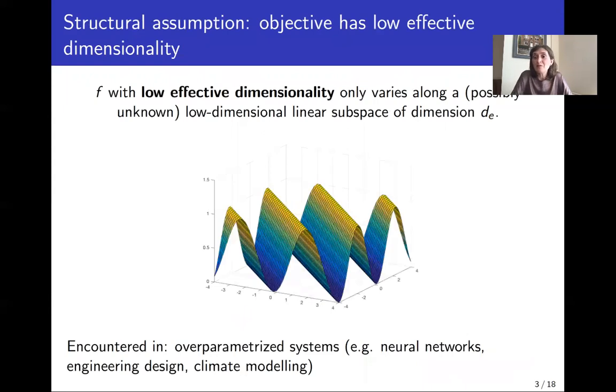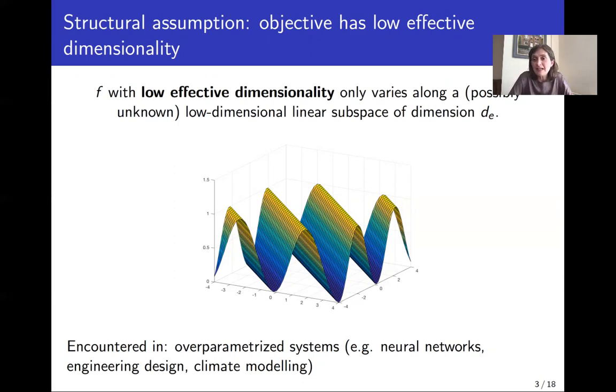When would such a framework be useful? Under the following additional assumption on f, that it has low effective dimensionality, namely it only varies along a possibly unknown low dimensional subspace of dimension, say, d_E, some small dimension d_E. And it would be useful to have in your mind this